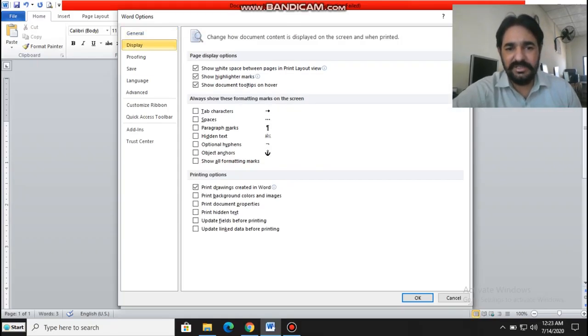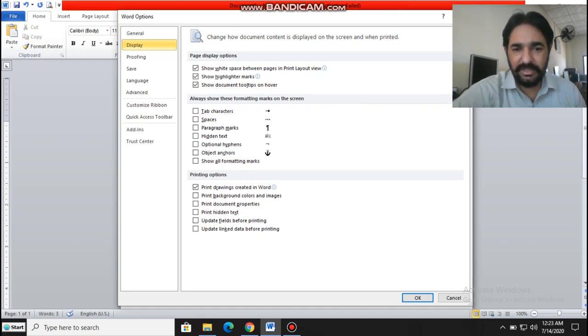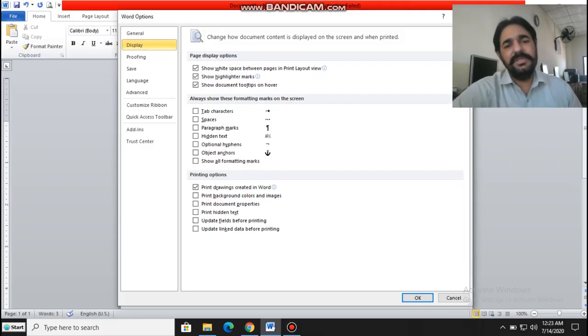Display is there. In display you can enable or disable what you want to see, since something may interrupt again and again and disturb you.